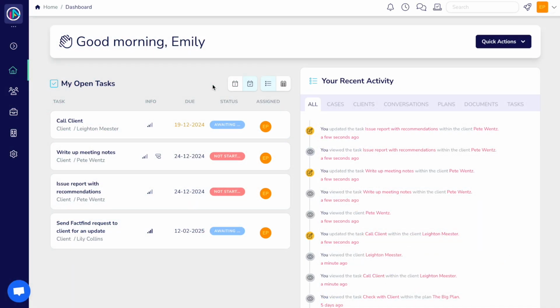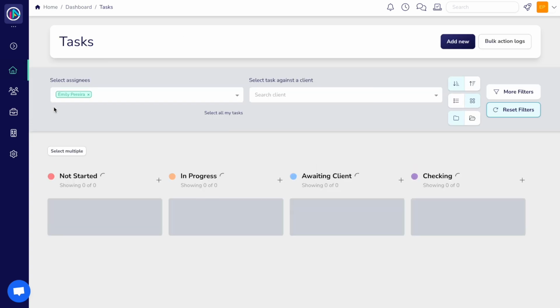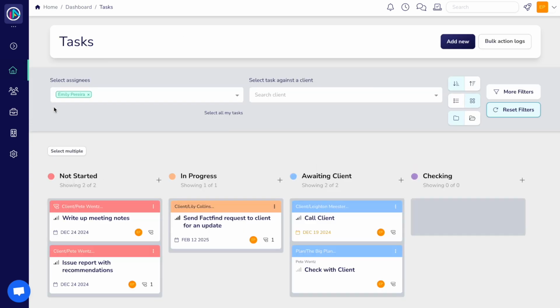In Plannr, you can view and manage all of your tasks from My Tasks. Here you'll be able to see all the tasks that are assigned to you. If you're an owner or an admin, you can see all the tasks across the site by clicking the cross next to your name. You can also search for a client name here to filter by tasks only associated with